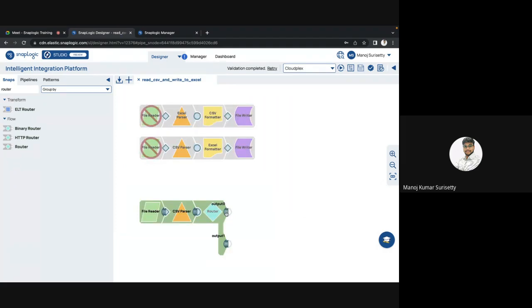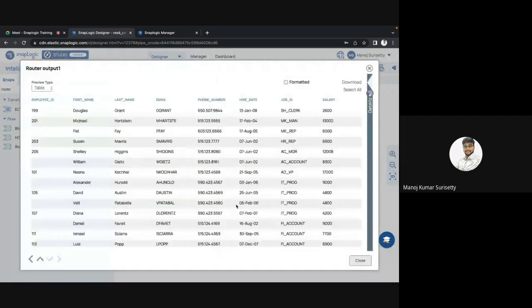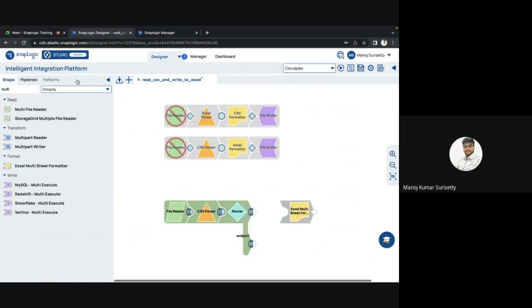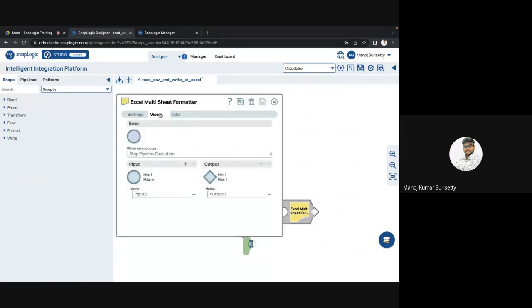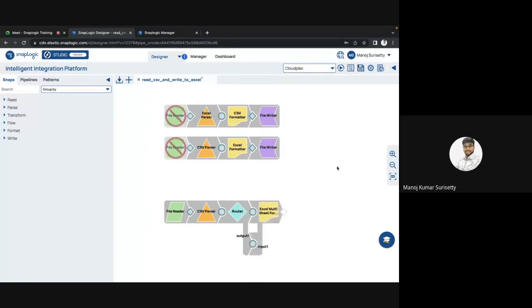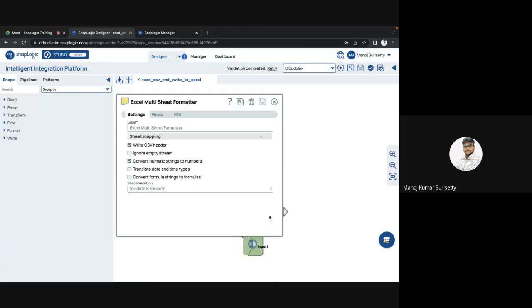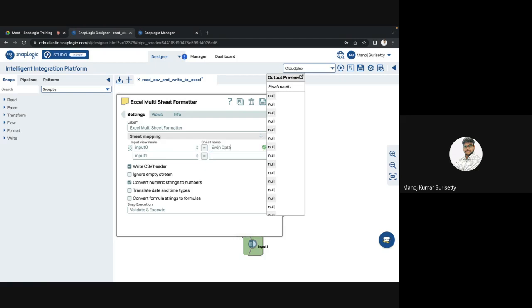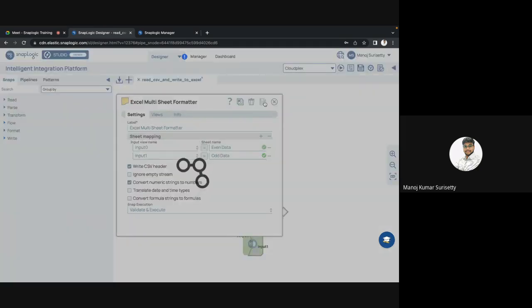Now when it comes to our actual use case, we were able to segregate the data into two ways. I said we can use the multi-sheet formatter, where I want to generate two tabs. So in that case, I will have another input view and get it combined. If I validate it, it may fail because we have not done the sheet mapping. Now we have to do the actual sheet mapping. We want even data and odd data from input 1, this side give me the odd data, even data. Once I save it,